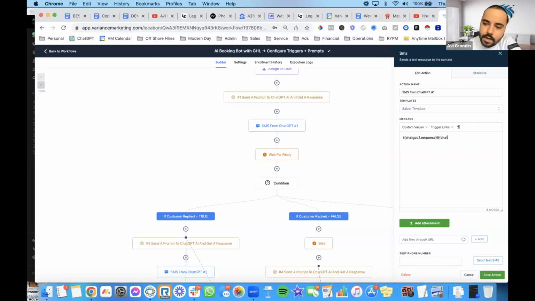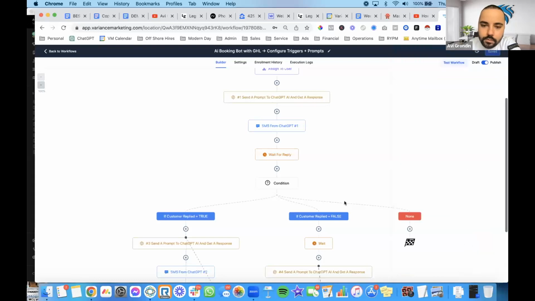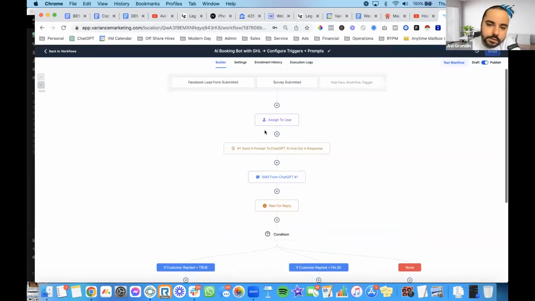Okay. And that's going to be done as a text message. And we named it SMS from ChatGPT #1, right? Now you save that action. Once you save that action, the first text is going to go out. So think about what happens. The survey gets submitted, Facebook lead gets submitted. Boom, it's assigned to a user. 1 second later, boom, ChatGPT knows about it, and boom, a text message goes out custom to this lead name,